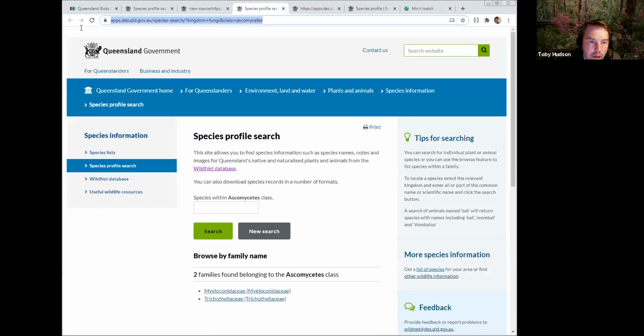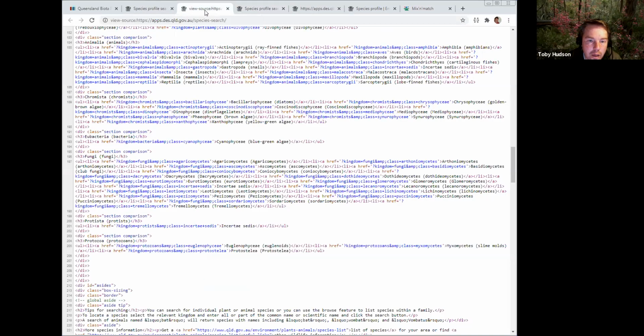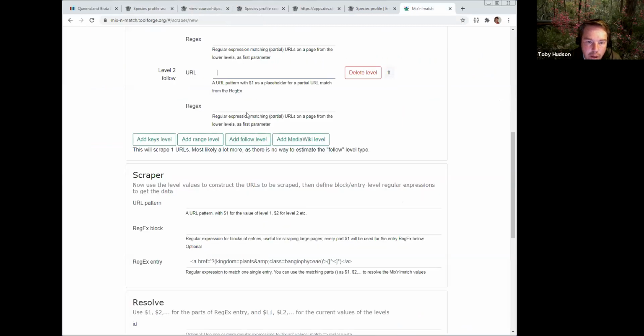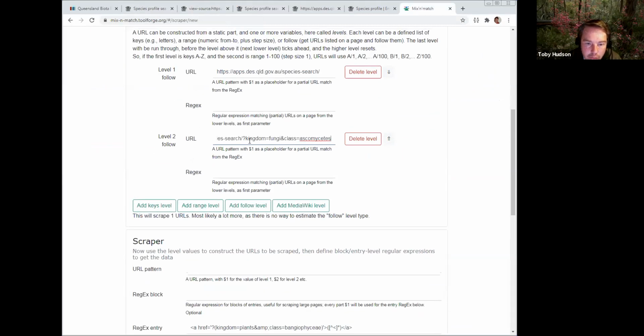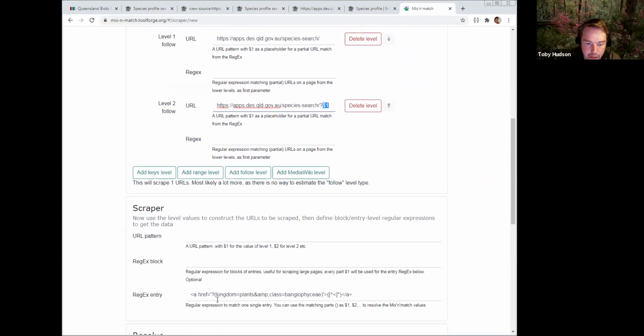So it'll be that whole string. Oh, sorry, where's it gone? Here we go. It'll be this whole URL, but with $1 for all of this. So whatever we found out in the first follow level, this bit here was the later bit of the URL string. We're going to use that to find our level 2 URL, and in the level 2 URL we'll go on with